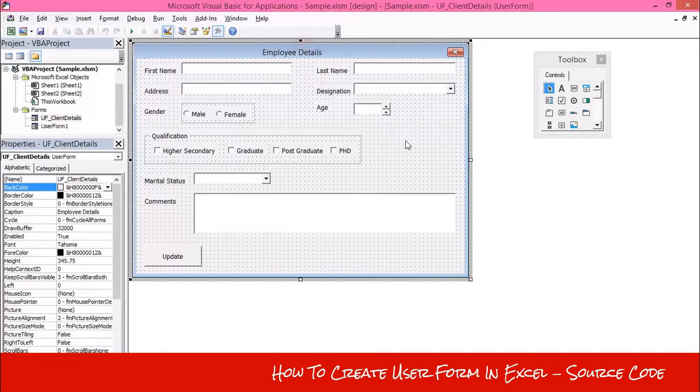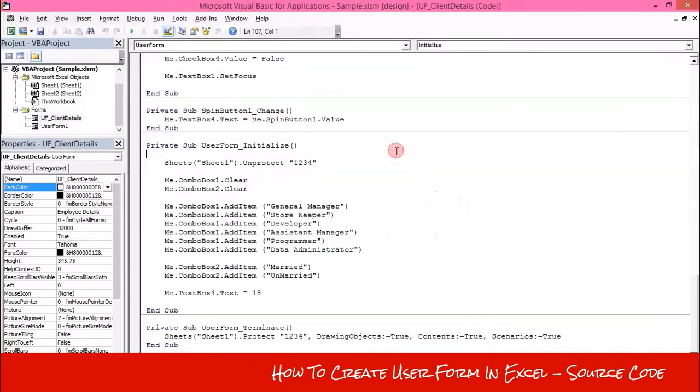Let's start writing the VBA code for this user form. First of all, you need to write code for the user form. So just double click on any part of the user form, and this is the initialize event.